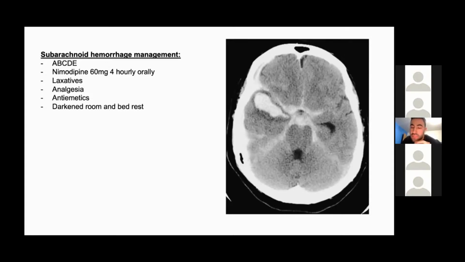Now, subarachnoid hemorrhage, it's in the name, the key problem that we're looking at is the blood in the subarachnoid space. For some reason, blood in the subarachnoid space causes a very unique set of problems. And actually, it's not just aneurysms that can cause subarachnoid bleeding. You can get subarachnoid bleeding from trauma, as we said earlier, from head injury. You can get it from any